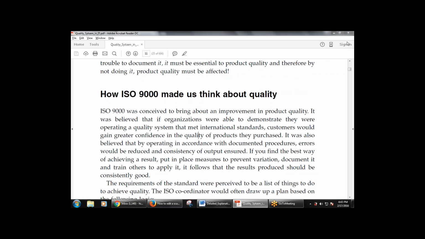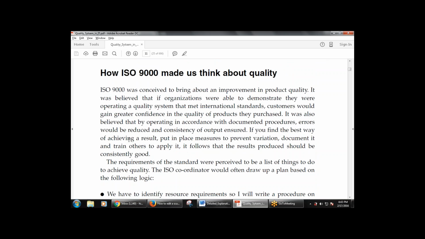Right? So ISO 9000 was conceived to bring about an improvement in product quality. That means the quality will be improved because everyone gets the ISO 9000 standard or certification. So that is thinking about the product quality. And it was believed that if organizations were able to demonstrate they were operating a quality system that met the international